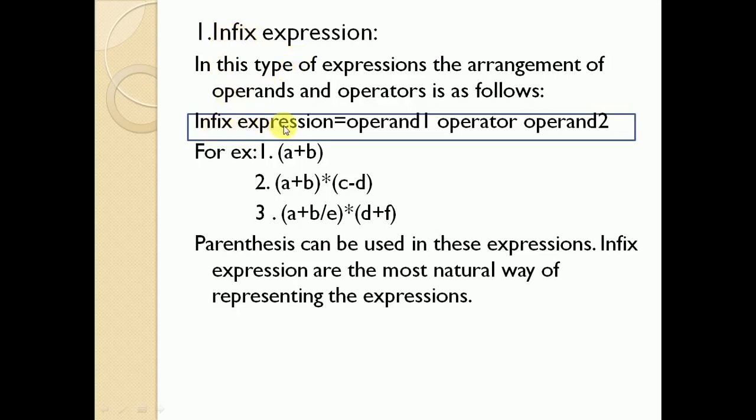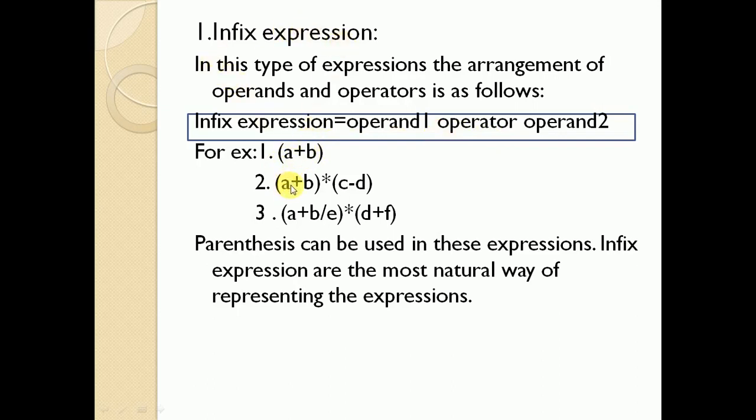In this type of expression, the arrangement of operands and operators is as follows: operand 1, then operator, then operand 2. For example, in A plus B, A is the first operand and B is the second operand, and the plus, minus, division, multiplication signs are called operators. A plus B is in the form of an infix expression.